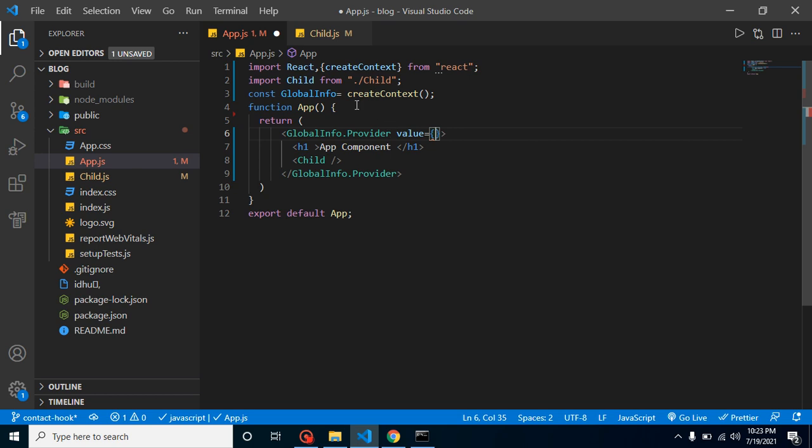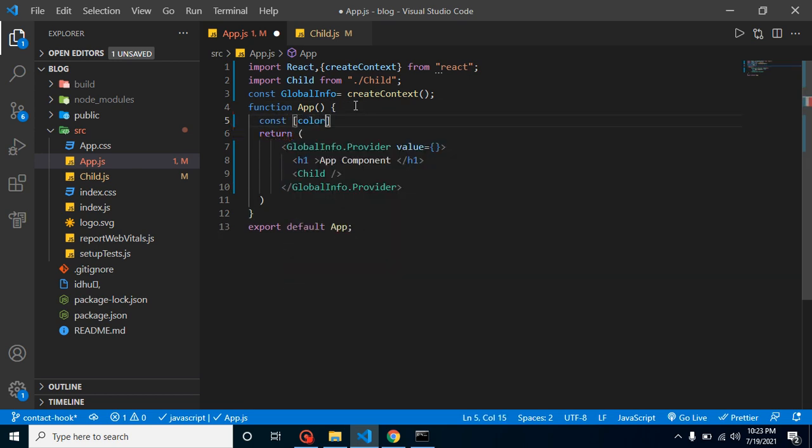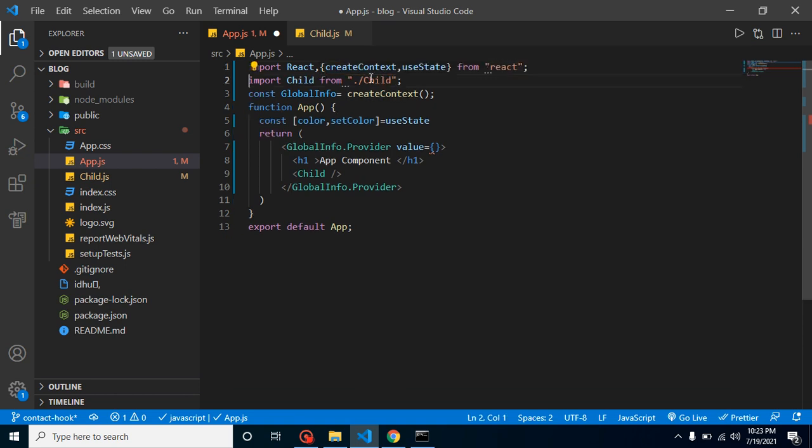So for a moment, let's say I have a state with the name of color, and setColor also. useState. We don't need to import it from React here. Let me just remove it, and simply put here by default color, let's say green or something else, right?